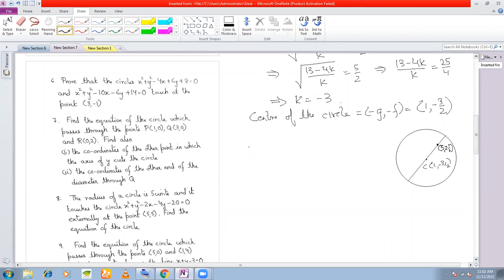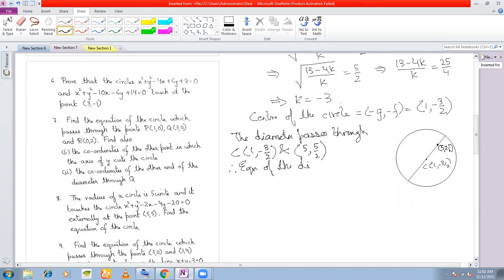You can use 2-point form, right? So the diameter passes through C, center, 1, -3 by 2, and the other point is 5, 2.5. 2.5 can be written as 5 by 2. Now you can write down the equation of a straight line by 2-point form. Therefore, equation of the diameter is